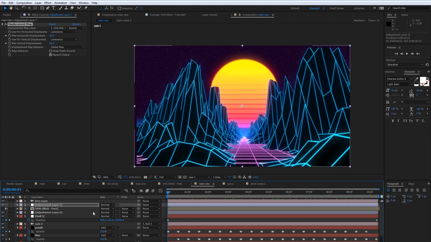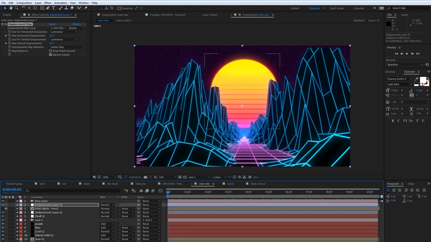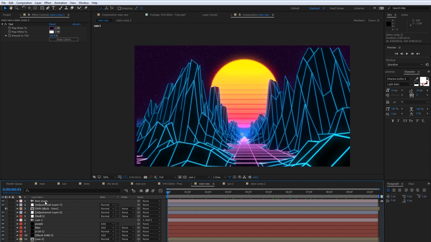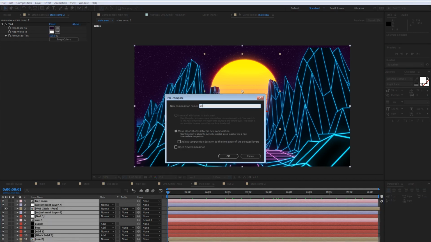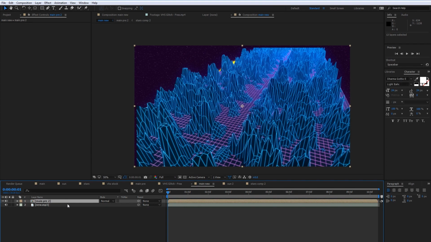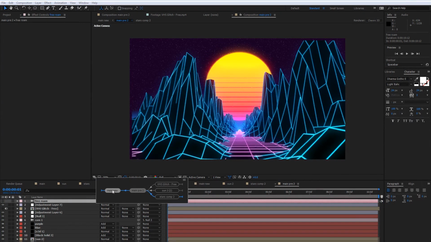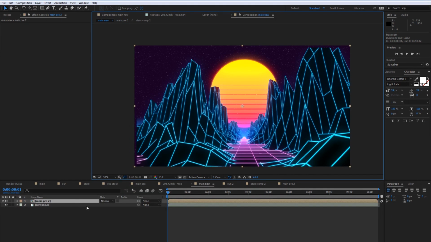All right, so that's the first glitch. For the other one, we will take everything and pre-comp it. So if I just take all of this, pre-comp, let's call it main pre 2, and click OK. Don't know what's going on here. It seems to have lost all of my camera data, or rather it's using the free roam camera as my point of view. So let's jump out and go back to this level, and here we go. All right,